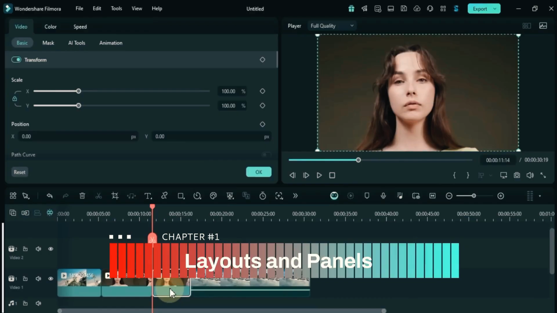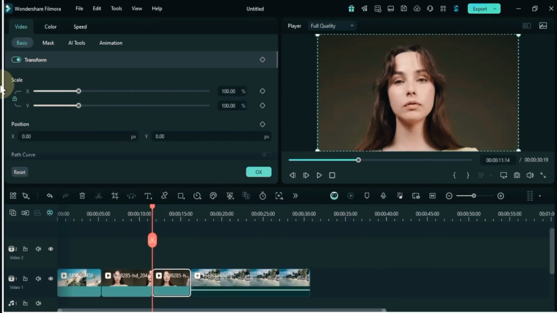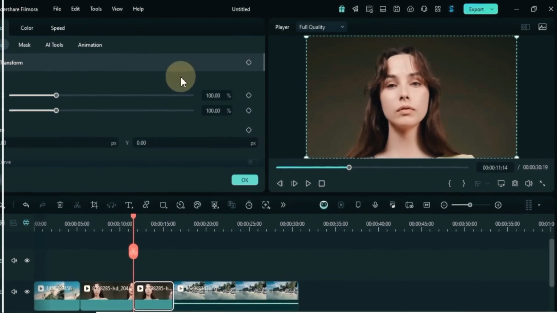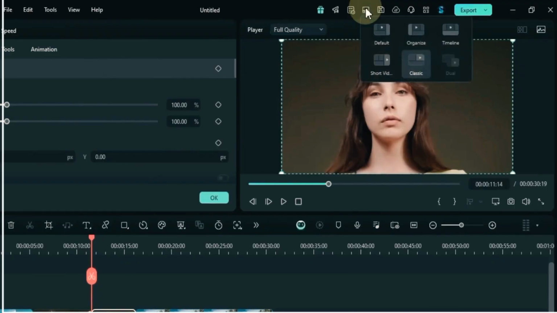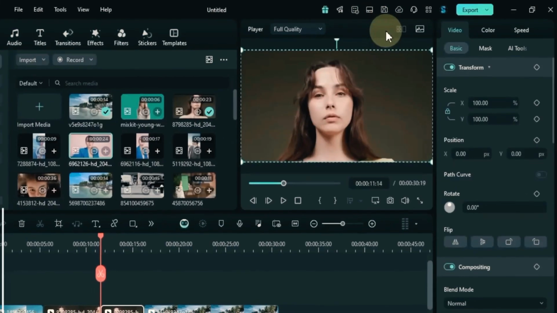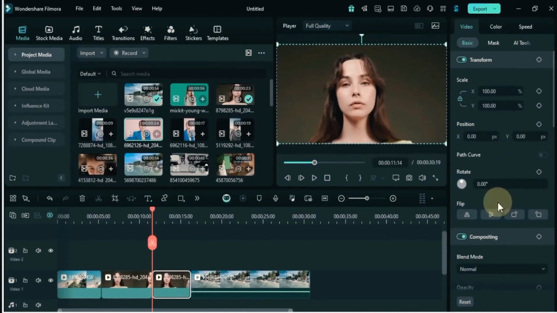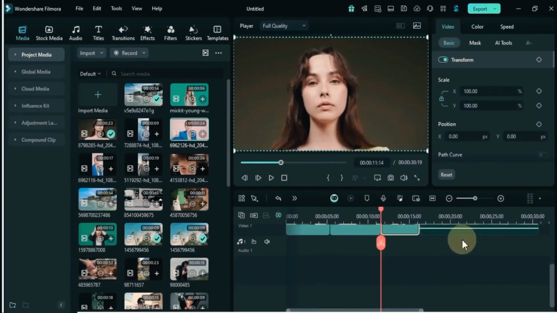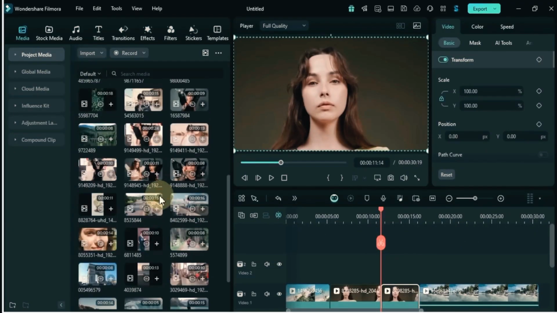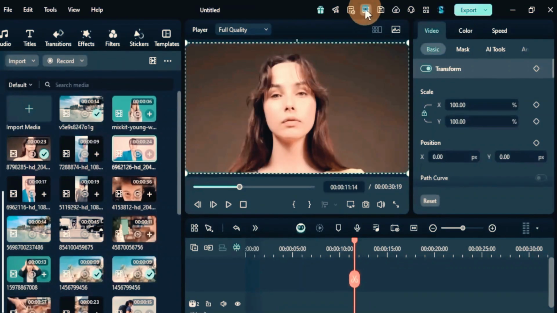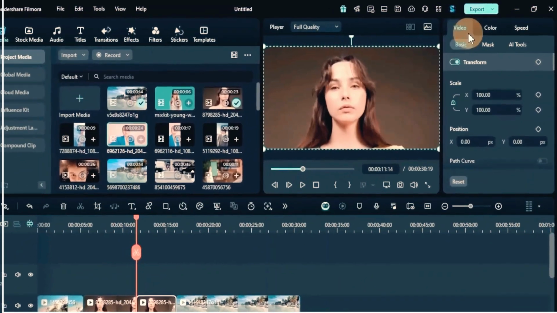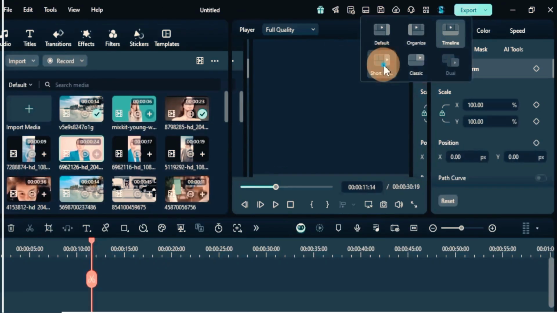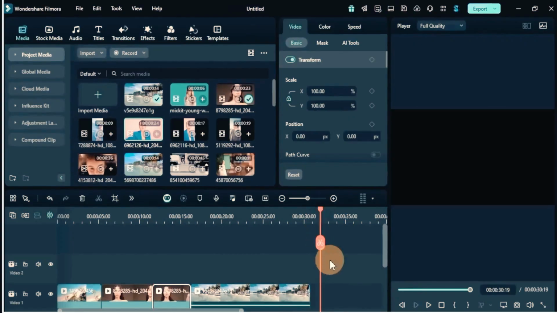When you double-click on any video, photo, audio, or element in the timeline, it opens several panels and tools for editing. You'll also notice that you can change the layout of these panels to suit your needs. To do this, click on the Layouts menu above the player. From there you can try out different layouts like Default Layout, Organize Layout, Timeline Layout, Short Video Layout, which is designed for editing vertical videos like those for social media,